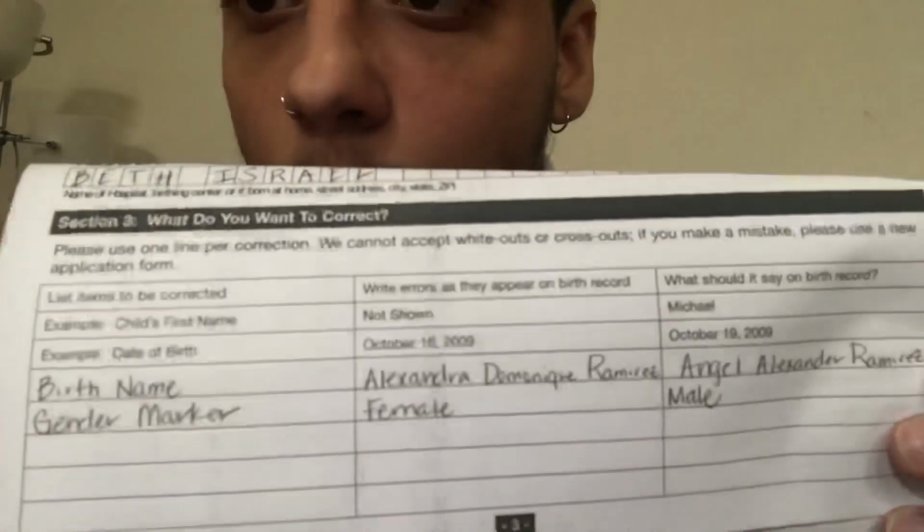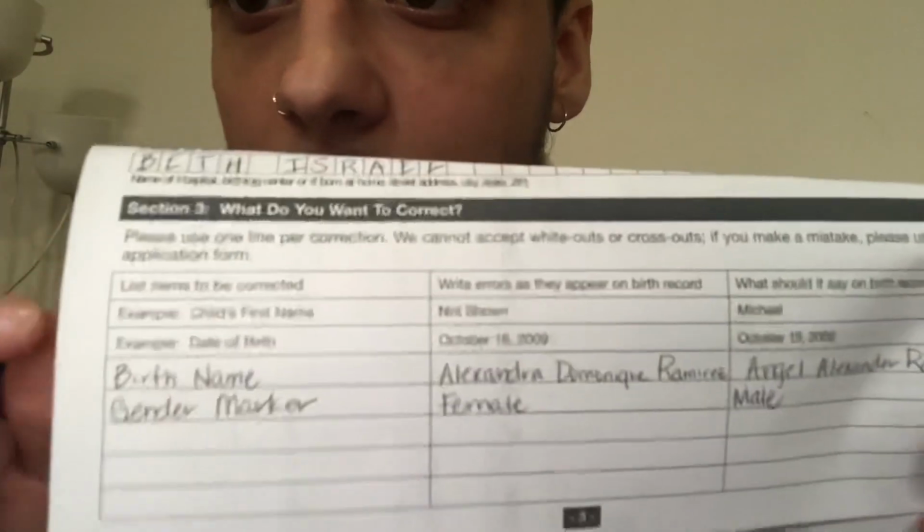So section 3, what do you want to correct? This section, I filled it out incorrectly, so I'm gonna show you how it's incorrect, and when you fill it out, you're going to fill it out the way I'm going to explain how they told me to. So when I filled out the part 3 where it says what do you want to correct,